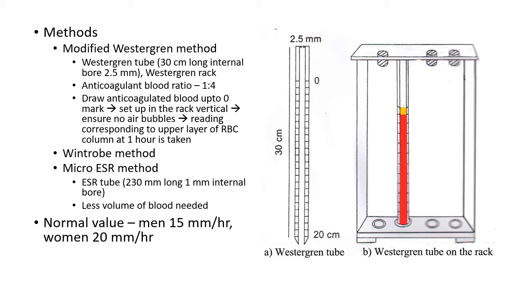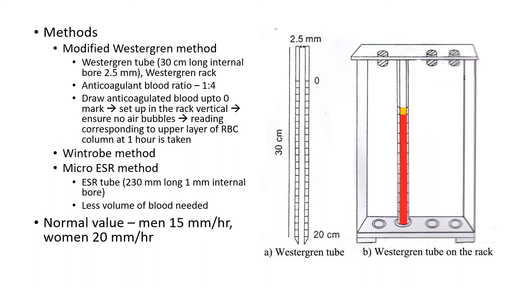The only difference is the tube used here is Winthrop's tube, the tube which we used for PCV, the Winthrop's PCV tube. Coming to the micro ESR method, here again the procedure is more or less similar, but the tube used is a plastic ESR tube, which is a 230 mm long one with 1 mm internal bore, and this can be filled with blood of about 0.2 ml. The advantage with this is only a small amount of blood is needed, and so it can be used in infants